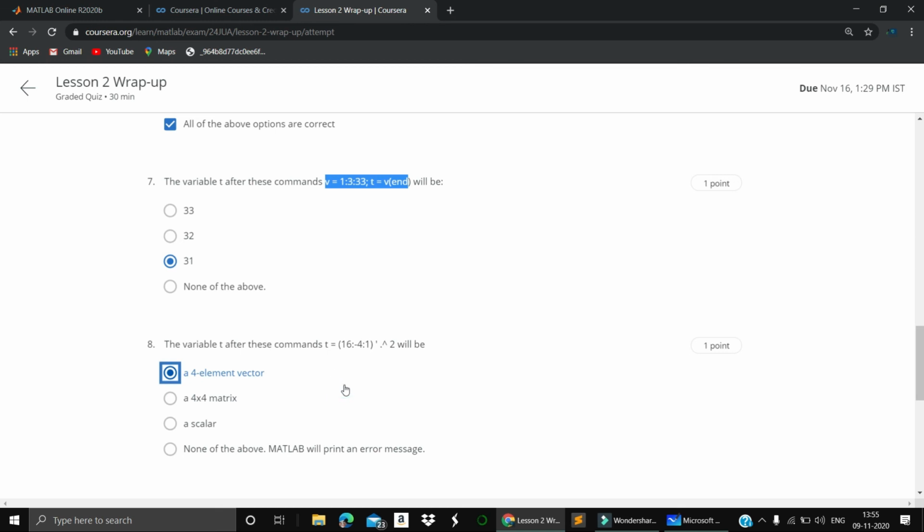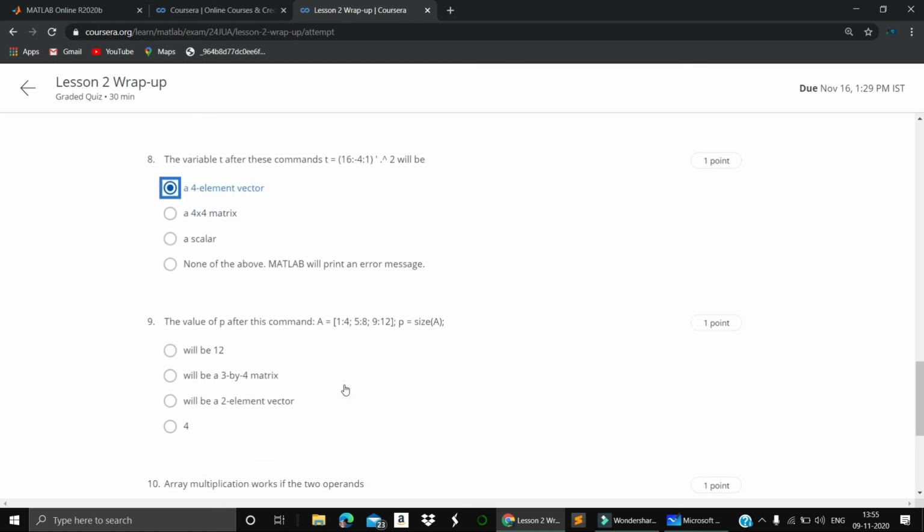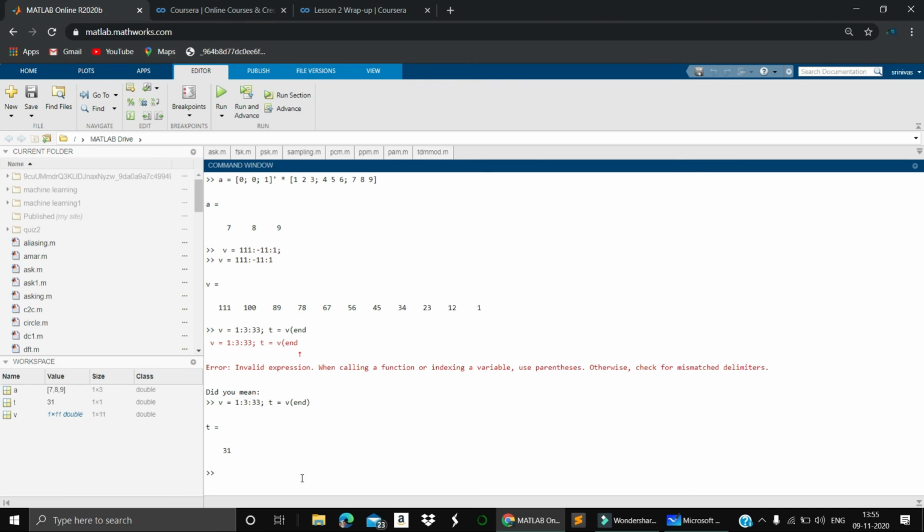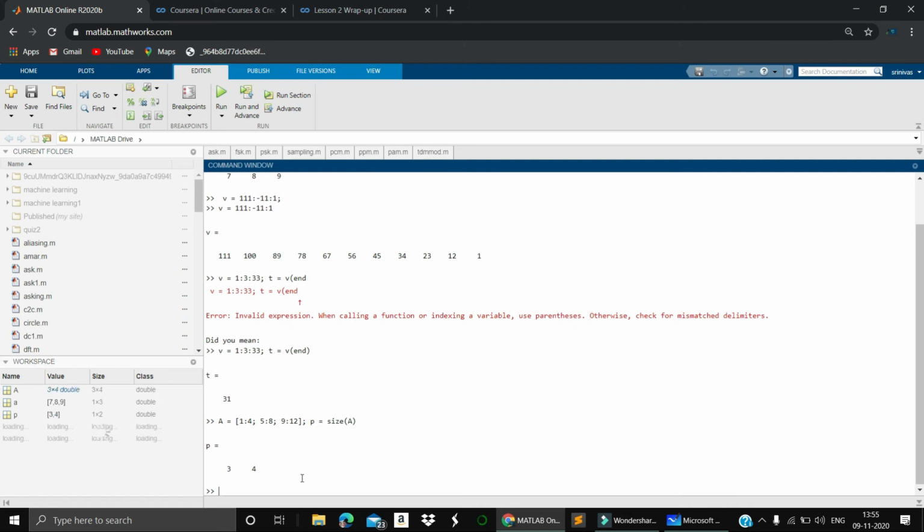It means a column vector it will produce. Next, the value of p after this command. What is the value? It is not asking how much; it is asking how many rows it will create and the exact meaning of that.